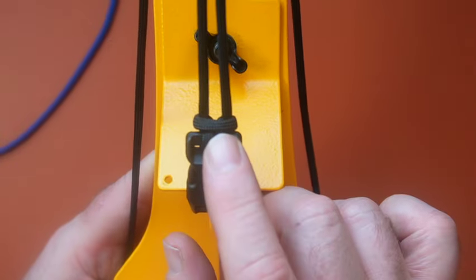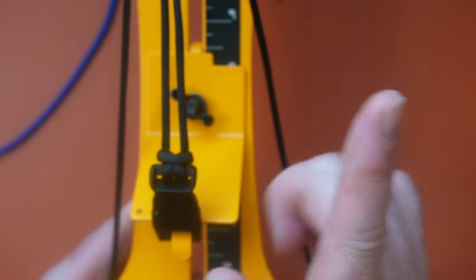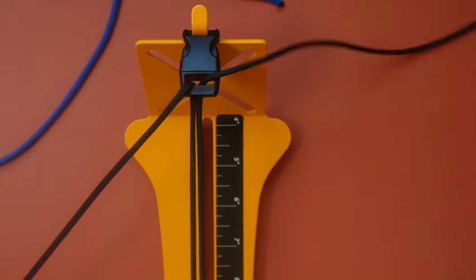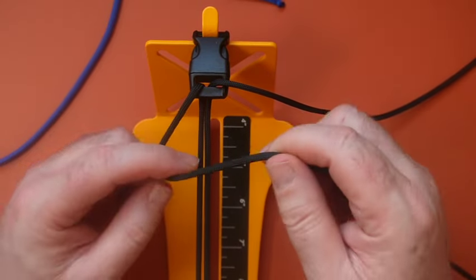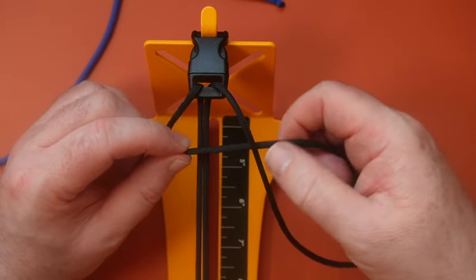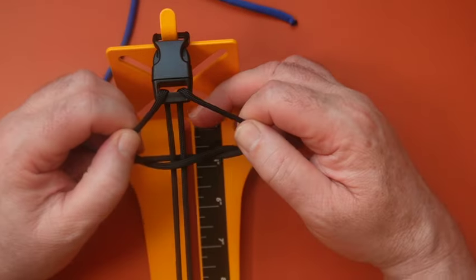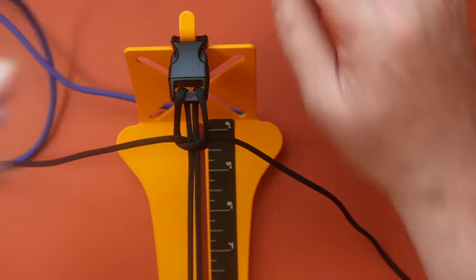At the bottom I've done a slingstone hitch. Now if you don't know how to do that, I'll leave a card up there. And I brought the cords up through the top of the bracelet like that. Now what I'm going to do is get the left hand cord, bring it over the top, right hand cord over there like that, making a cross, underneath the 2 center cords, out the other side, and pull it up, but don't pull it tight, because